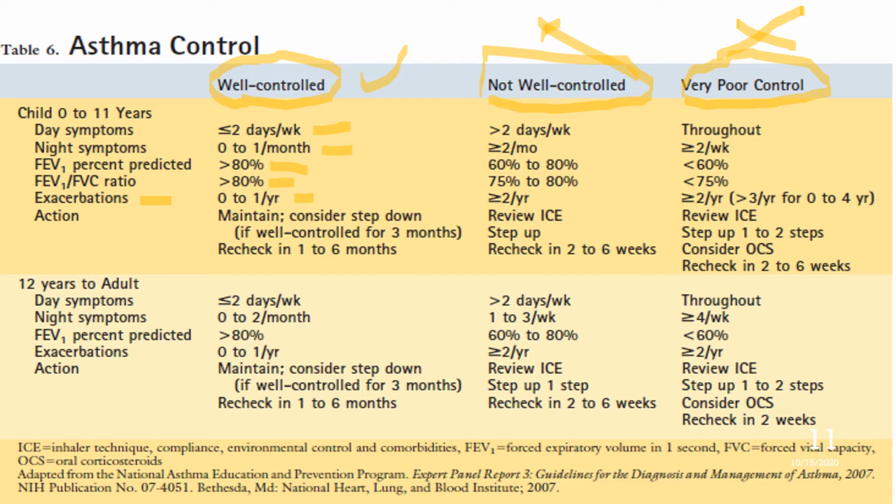So the point, what I'm trying to say is, asthma can be well controlled. You see a doctor, you get the medications, he or she follows you up over a few weeks to see if you're well controlled. And if you're well controlled, you are in a good place. When you start going into not well controlled or very poorly controlled, you need to consider stepping up your medications. Like I showed you in the previous slide, when you go from step 4 to step 5 or down to step 3, you need to be able to titrate your medications so that you get back into the well-controlled category.